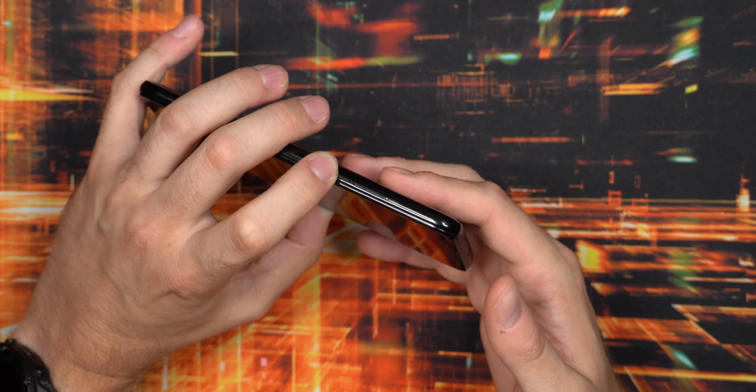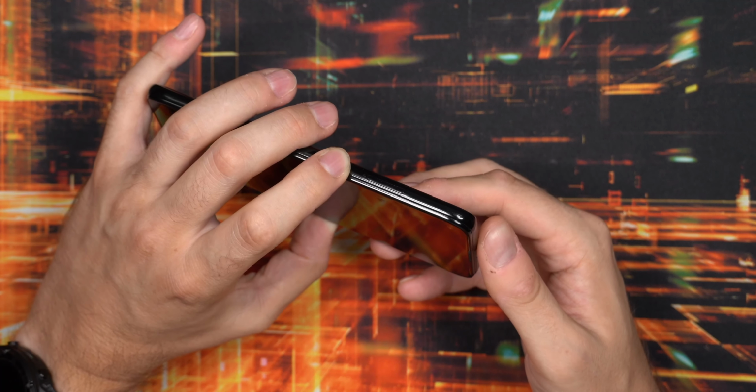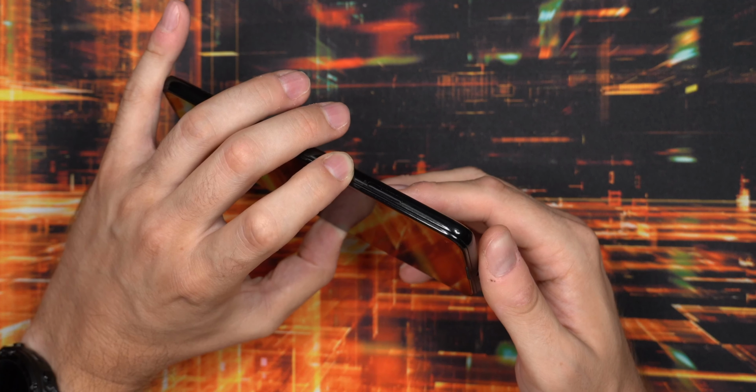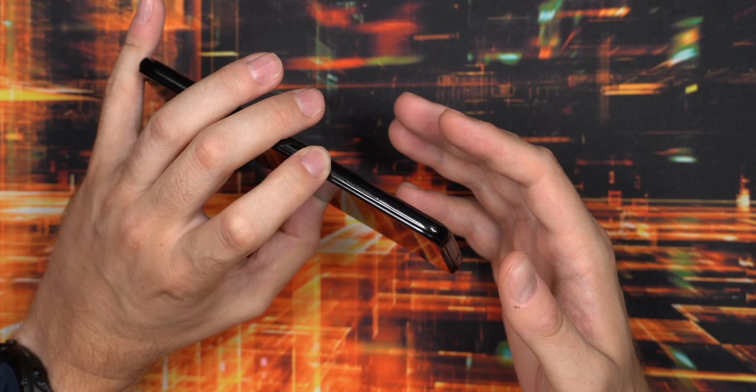So if you want to use 2 SIMs like I want to use with this phone here, you're kind of limited to only the 64 gigabytes of built-in storage, which isn't really all that much if you start to record videos and photos and have your music and maybe downloaded a few Netflix episodes or YouTube videos on the phone. It does run out of space quite fast with the 64 gigabytes of built-in storage. So if you want to use it with 2 SIMs, just make sure that 64 gigabytes is enough